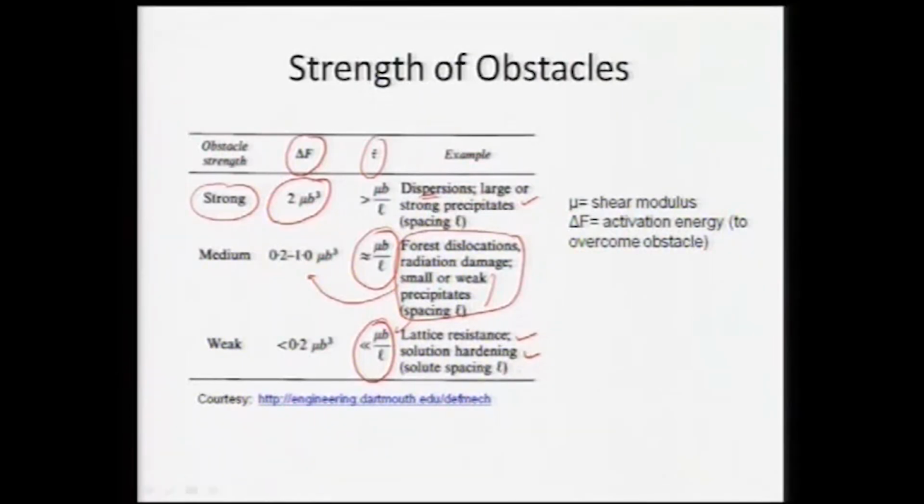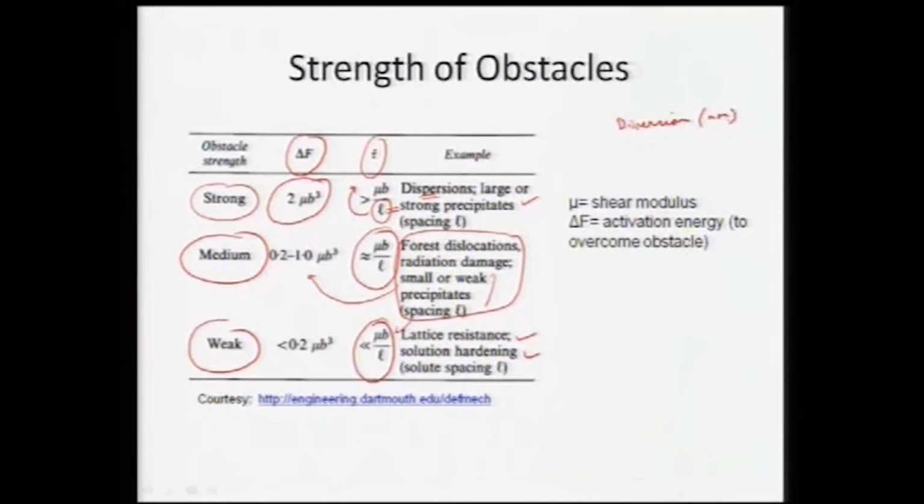In that case we can observe that the spacing between the precipitates or the dispersions is also very critical. Once we have the spacing very near, it can induce very high resistance to the creep of the material. So, we can have obstacle strength which can be strong, weak or medium. The obstacle strength can be very strong once we have dispersions